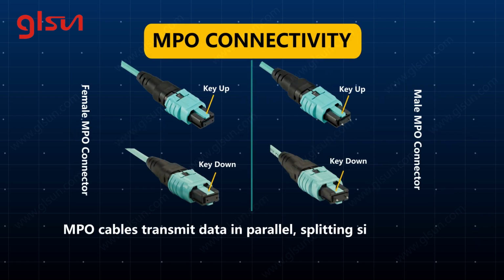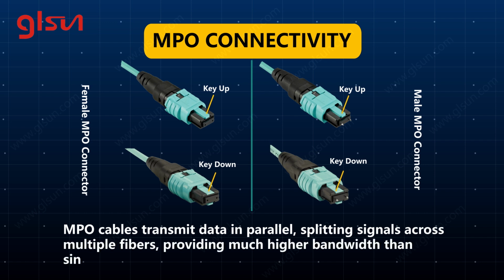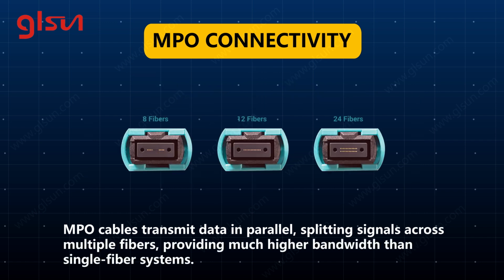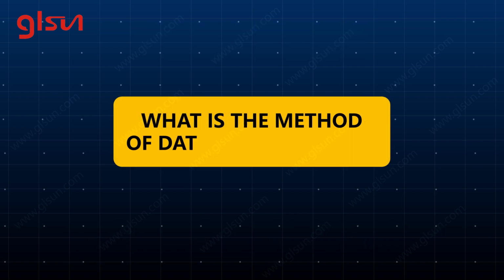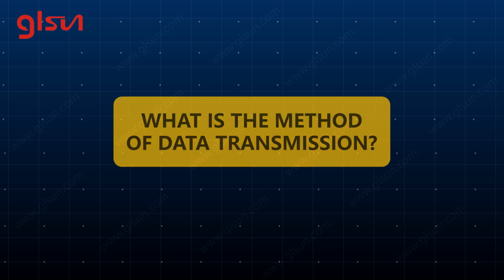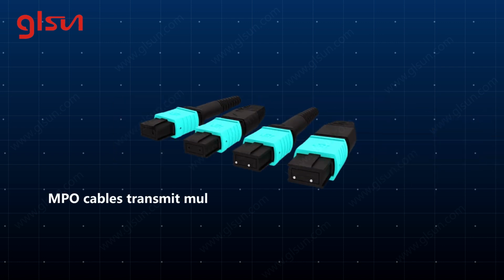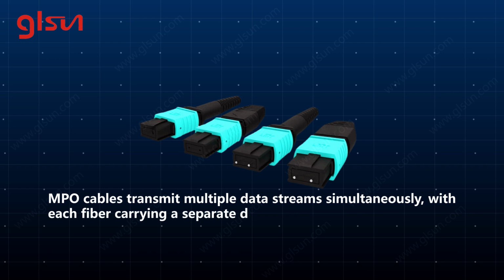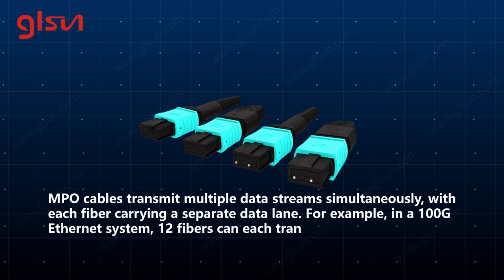MPO connectivity. MPO cables transmit data in parallel, splitting signals across multiple fibers, providing much higher bandwidth than single fiber systems. What is the method of data transmission? MPO cables transmit multiple data streams simultaneously, with each fiber carrying a separate data lane. For example, in a 100G Ethernet system, 12 fibers can each transmit 10 gigabits per